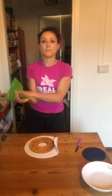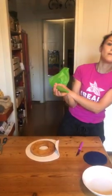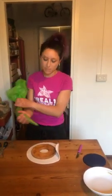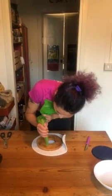Did you keep the ganache in the fridge? Yes, I made the ganache and I let it rest for 6 hours at least, to let it crystallize and stabilize. Okay, so I will make...